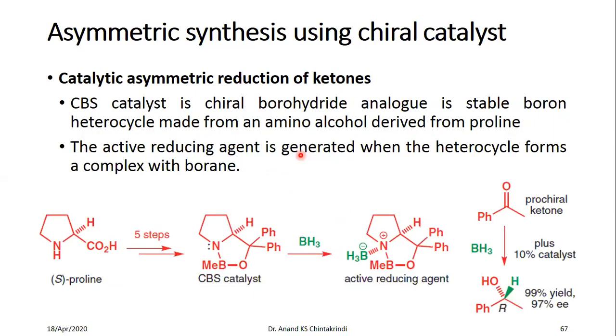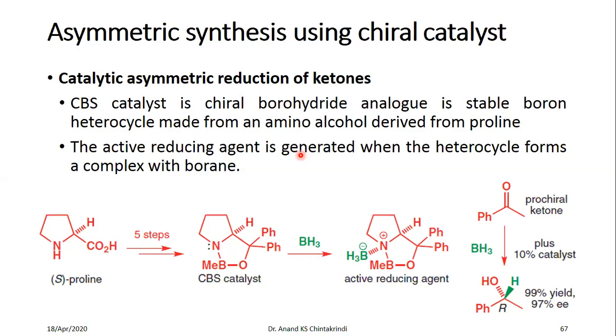One such example of the asymmetric reducing agent is the CBS catalyst. The name derives from the scientists who prepared this catalyst. The B stands for an Indian scientist, Bakshi. For the others, you can refer to any organic chemistry textbook for the names of the other scientists. B here stands for Bakshi. So the CBS catalyst is an asymmetric catalyst used for asymmetric synthesis. This is a chiral reducing agent, or in more general terms, a chiral catalyst.